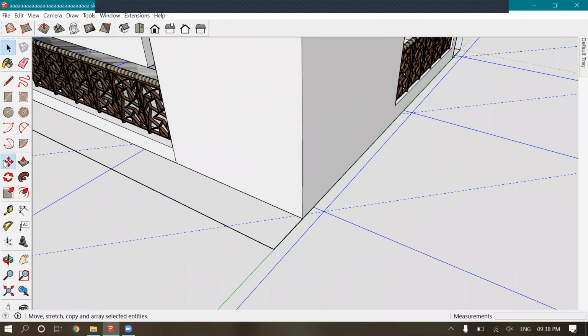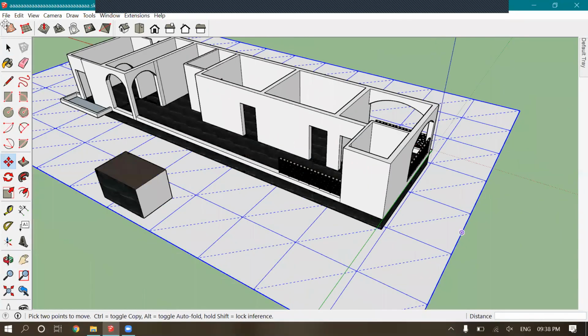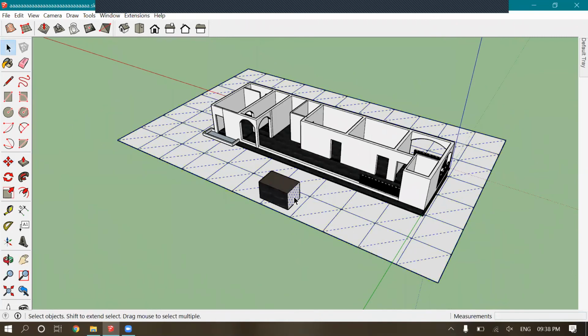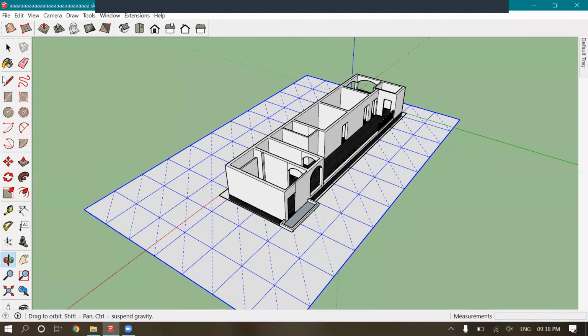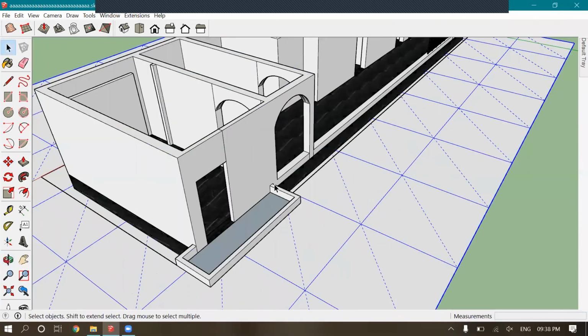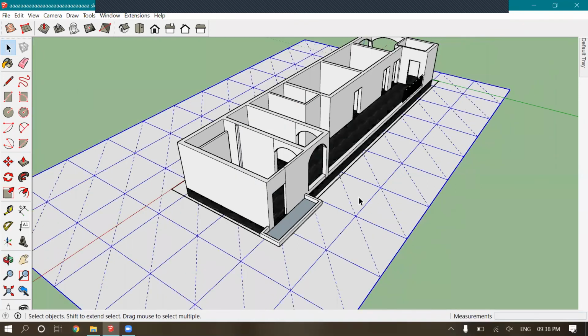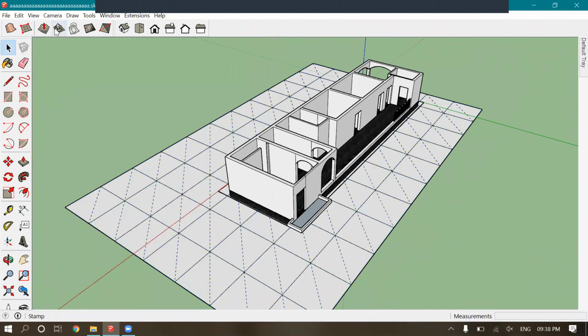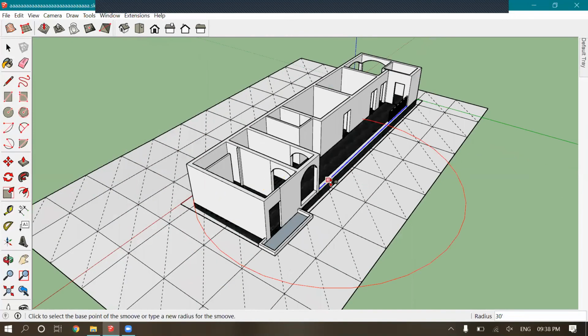If it seems to be at the wrong height, you can directly change the height right from here, because this is a grouped object. Now suppose I need to change the terrain, the contour part. I will be exploding this and then use smooth. This is how this works.